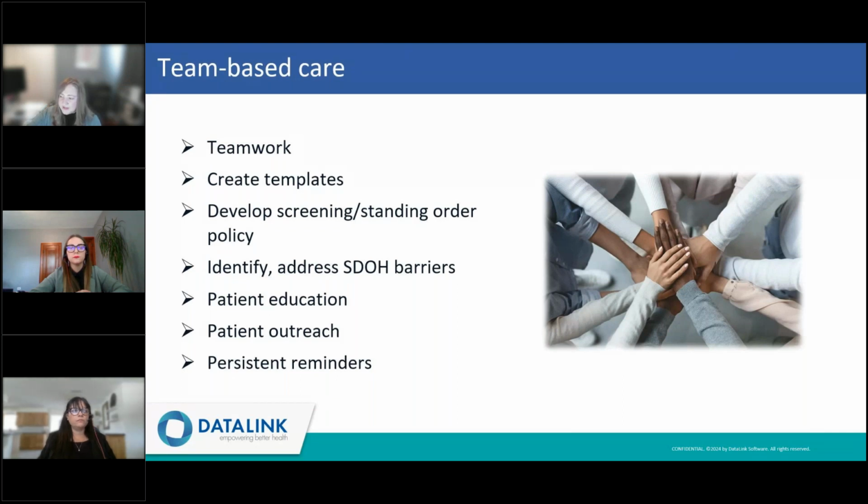I'm going to tie those two things together. Outreach, of course, is a necessity, but we all know that sometimes that's not as easy as it sounds, and that's where persistent reminders come in, or a variety of approaches to outreach. So developing an outreach program that incorporates texting and email campaigns, the use of a patient portal, and even mailers in some cases can provide an added benefit.